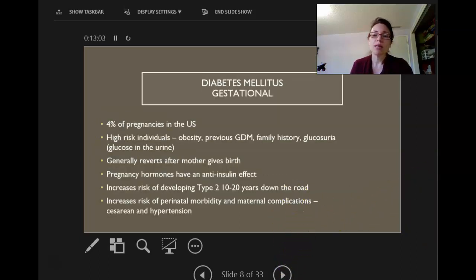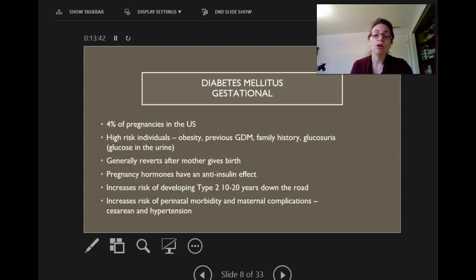So gestational diabetes, it occurs in about 4% of pregnancies in the U.S., and clinical characteristics include glucose intolerance that has its onset during pregnancy. So high-risk individuals include women with the following conditions. So if they are obese before getting pregnant, previous gestational diabetes, other pregnancies they had it, then they're at high risk for having it again. Strong family history of diabetes in general. And then